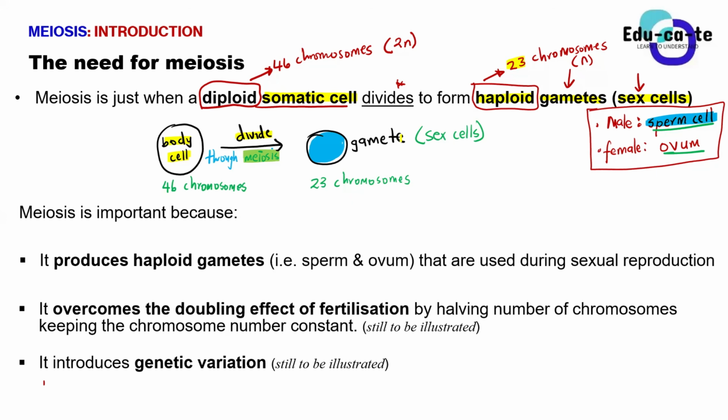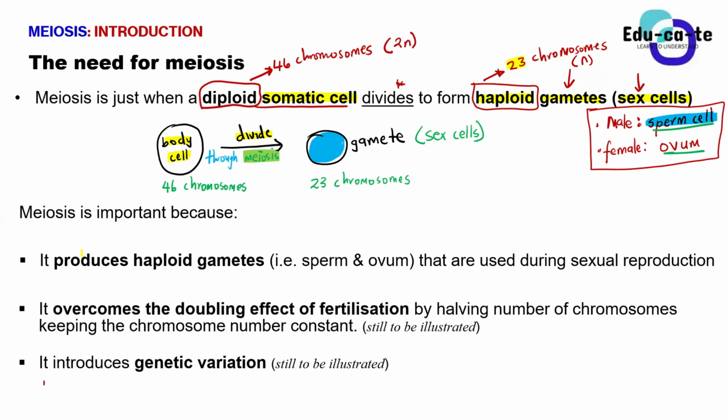This is just for illustrative purposes, so that you get an idea that the cells of your body, at puberty, will start dividing, and that process is known as meiosis. And when they divide, they produce the sex cells, the gametes. These gametes have got 23 chromosomes in them, but they are coming from the somatic cells, or body cells, that have got 46 chromosomes. Are we all together? Does anyone have a question on this one? Okay, looks like people are all together.